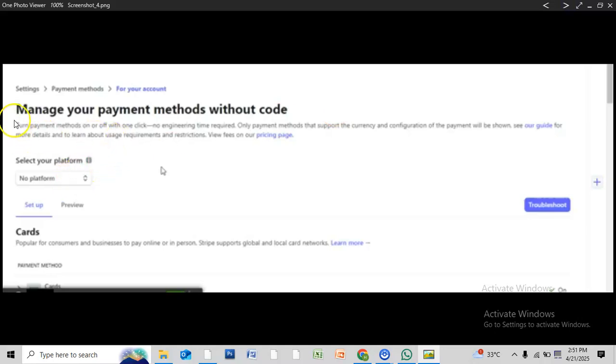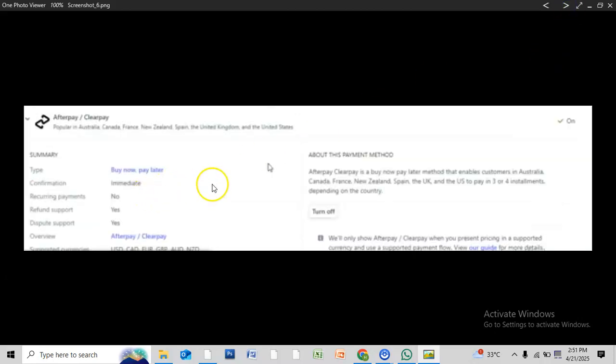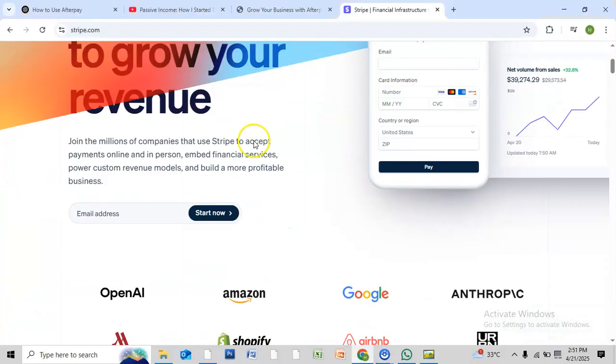Now you will be redirected to this page. Manage your payment methods without code. Scroll down and you will see Buy Now, Pay Later options. From here you can see Afterpay and Clearpay options. Just click on Turn On and it will be turned on. And that's it. That's how you can add